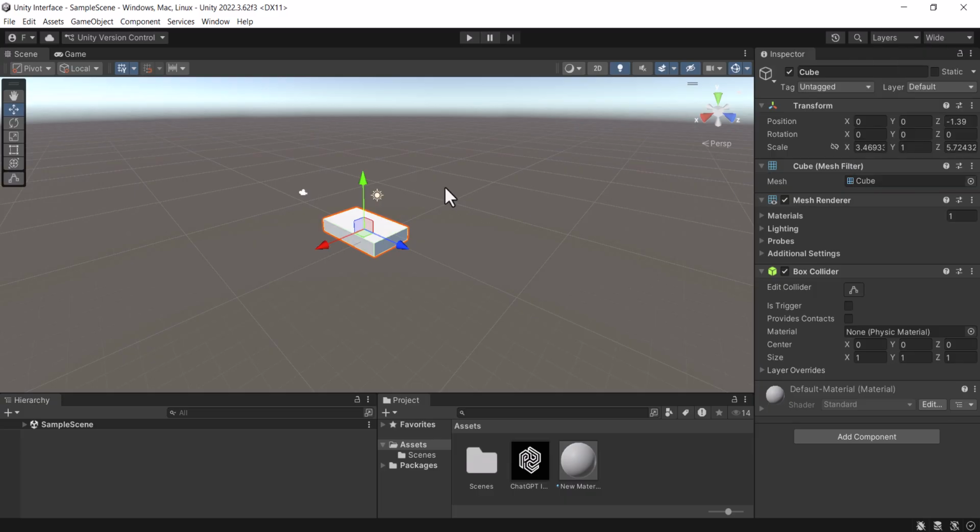Okay, in the next course, we will start learning C# and Unity step by step, so you can start coding